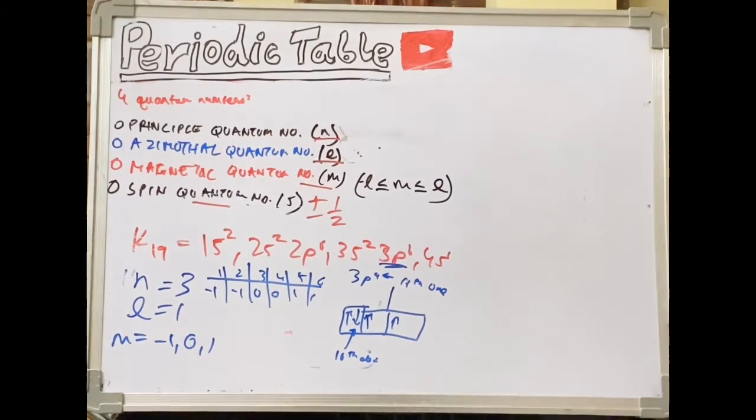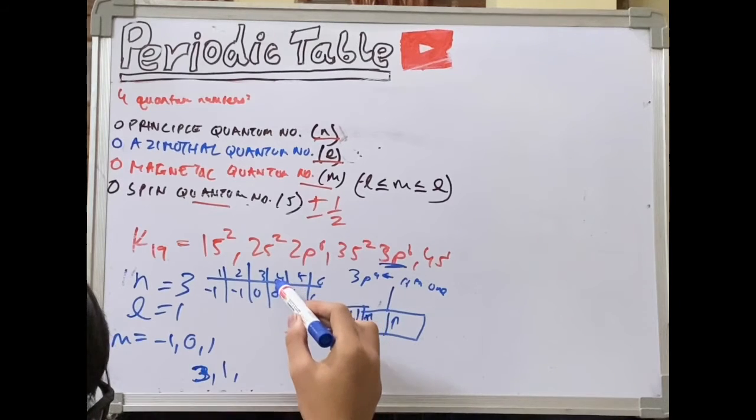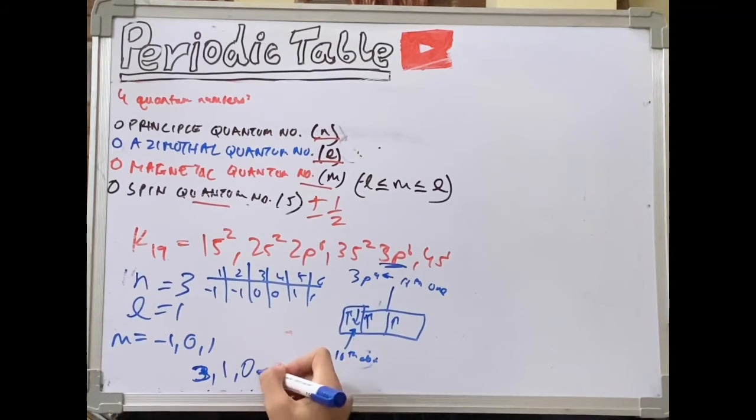So you just do it that way. For example, the set of quantum numbers for this will be n equals 3, l equals 1. We want the 4th one, okay. So m is 0 and spin is plus or minus half. One of the answers will match. You can write it as plus 1 also and minus 1, plus half also and minus half also.